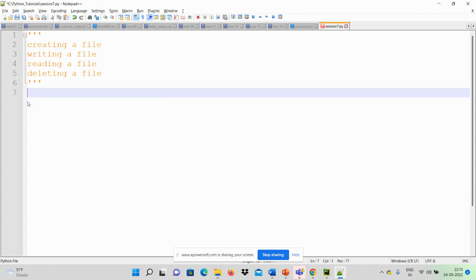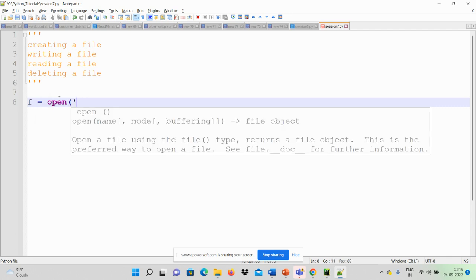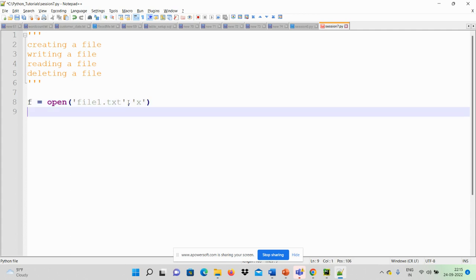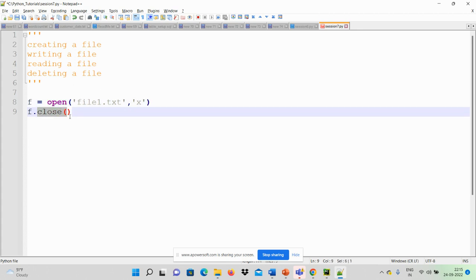I'll remove this. I'll start writing a program. So first of all, we have to create a variable which basically holds the instance of an open function. So we will write the file name here, whatever we want to put. Let's say we want to put file1.txt in our case. And since it does not exist, first we have to create it, right? So we'll put X as the mode. Then whatever is open, we have to close in the function itself. Okay, so whenever you use an open function, ideally we should always put in a close function with that. Okay, now if you save this, okay,